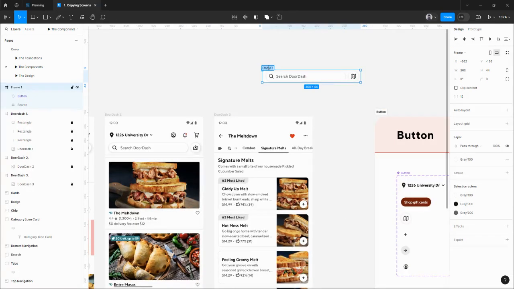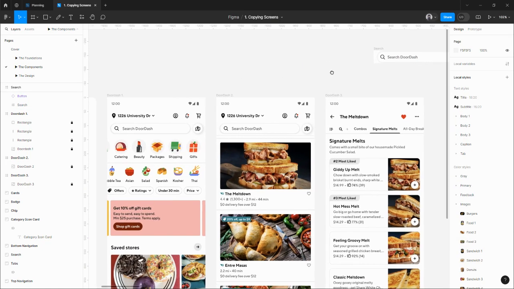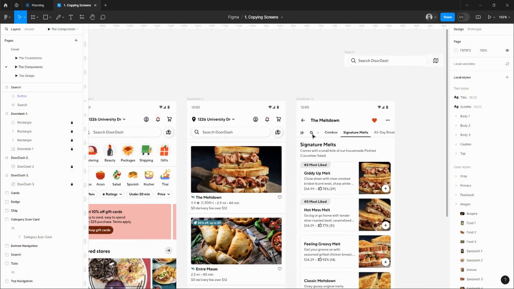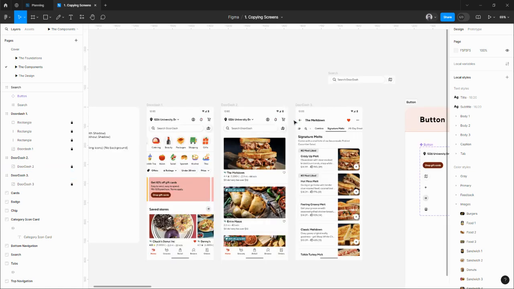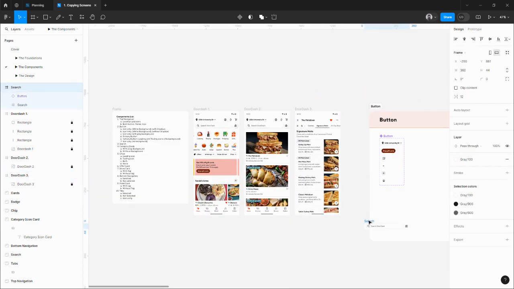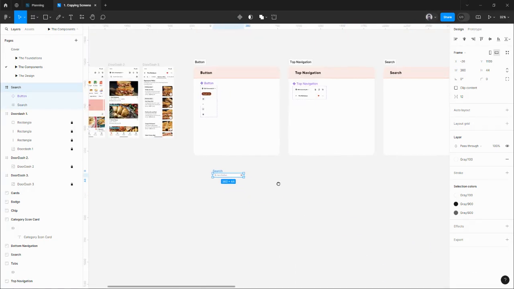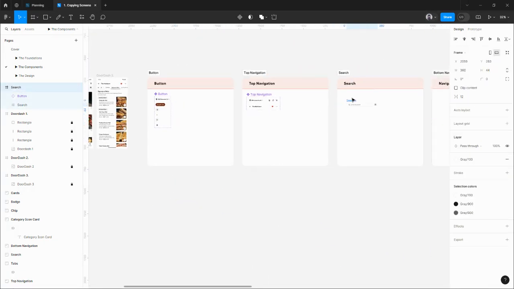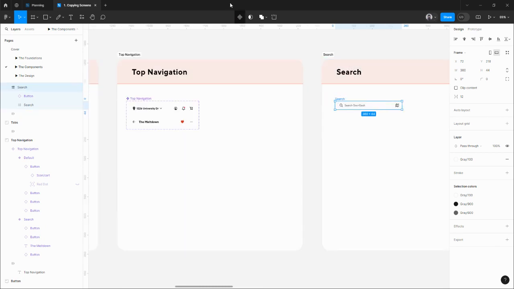I'm going to place it outside, call it search. And since search doesn't have a variant, this you will be seeing this will go in the tabs version of a tab. So this is one variant, and I'm gonna go take this and place in my search section and turn it into